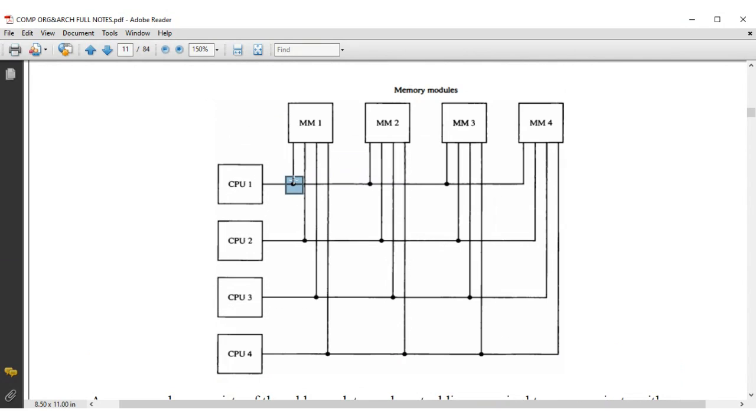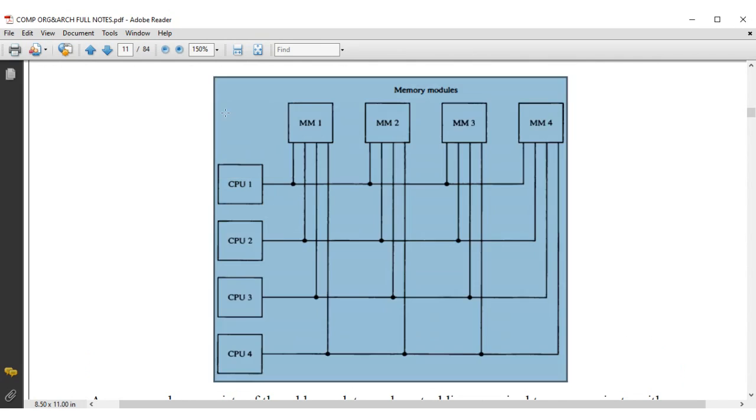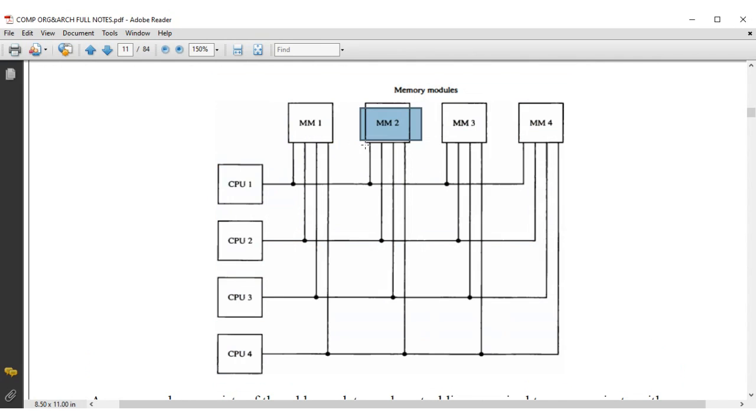Angalia, for instance, CPU1 inataka communicate na memory module 1. CPU1 wants to communicate with memory module 1, but at the same time memory module 2 wants to send an item to CPU1. So which path is memory module 2 going to use? Si itatumia hii path and then hii path. Now CPU1 to communicate with memory module 1 itatumia this path and this path. Kumbuka, at the same time when this one is sending, this one is also sending. When CPU1 is sending to memory module 1, at the same time T1 memory module 2 is sending to CPU1. So how is priority